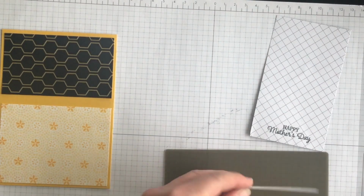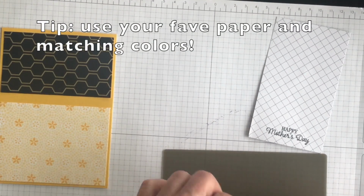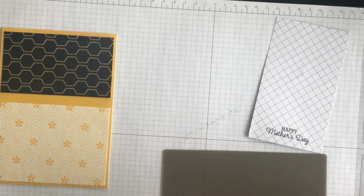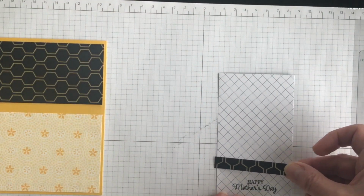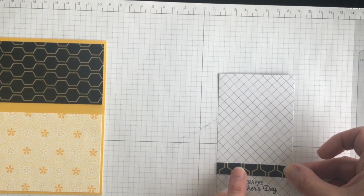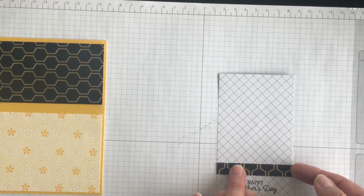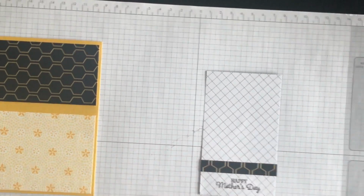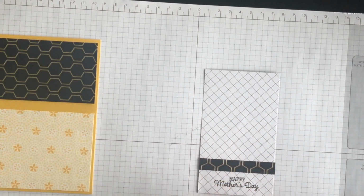All right, and then I have a tiny strip of the same designer series paper. I'm going to bring in my silicone sheet. That way, if I get adhesive off the paper, it won't wreck my grid paper. And I'm going to attach this strip across the front of my layer, like so. Now I'm going to bring in my die cut beehive,